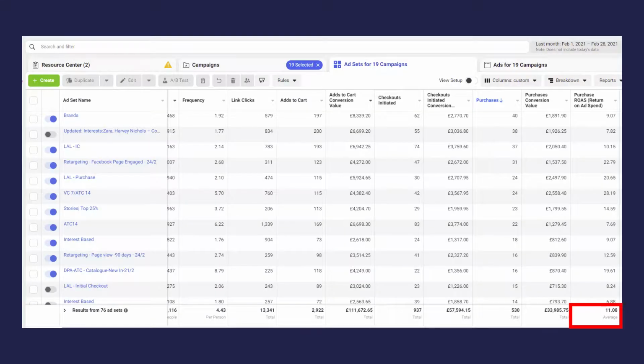Before going to the video, we will look at the results first. On the screen, you can see the results. In Feb month, I was able to generate 33k GBP in a month by spending around 11,000 GBP.